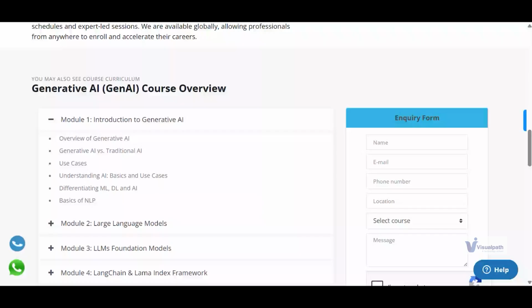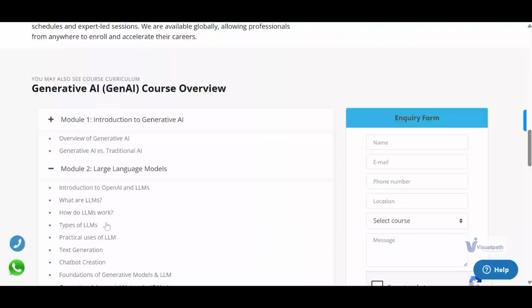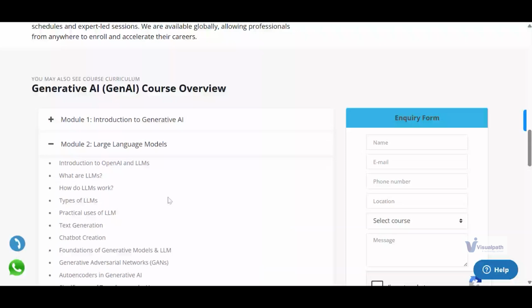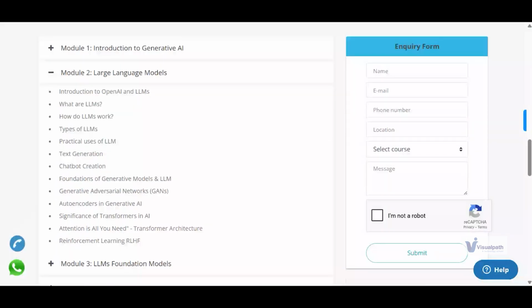We will start with those basics and understand the difference between GenAI and machine learning, deep learning and so on. As you see in the different modules, we will also understand what an LLM is all about, what open source and closed source are, and what the difference is between them. We will see which platforms we'll use for the implementation. We will use Hugging Face libraries, a buzzword that people a little associated with machine learning might have heard.